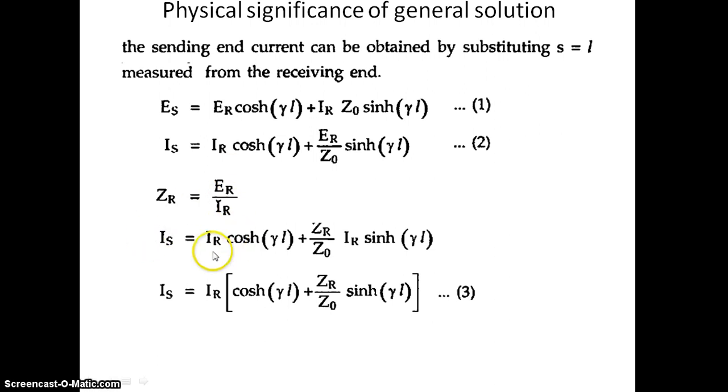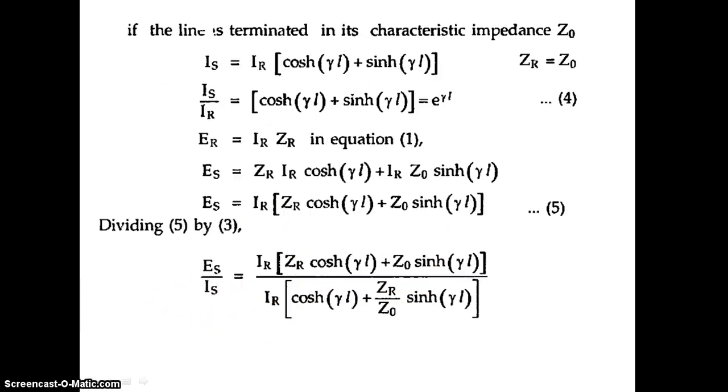So here IS equal to IR cosh gamma L plus, instead of ER I am replacing it with ZR IR, so you will have ZR by Z0 IR sinh gamma L. Taking IR outside, you will have this, and IS by IR when you calculate, but if the line is terminated